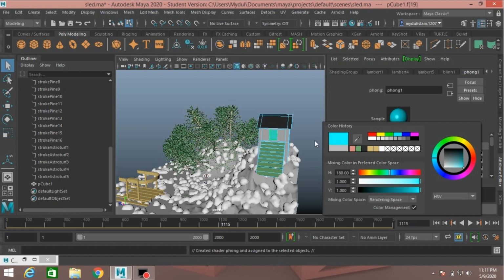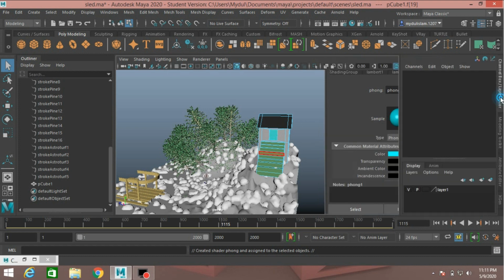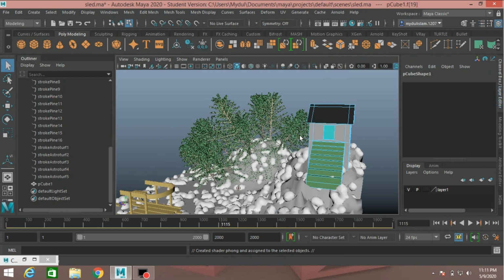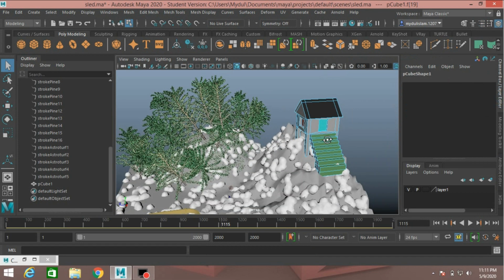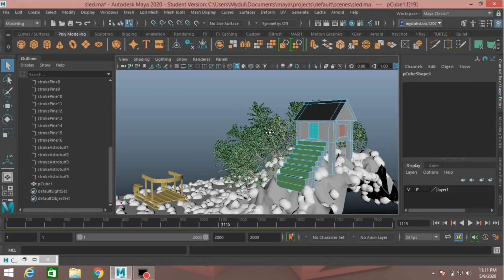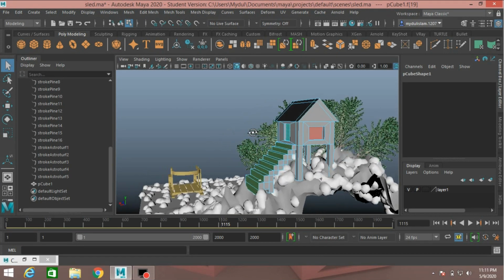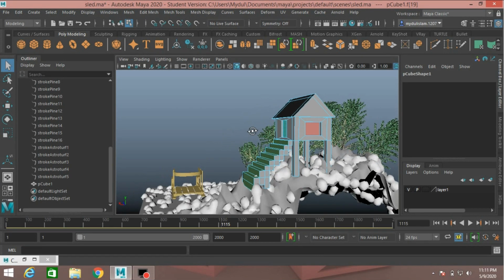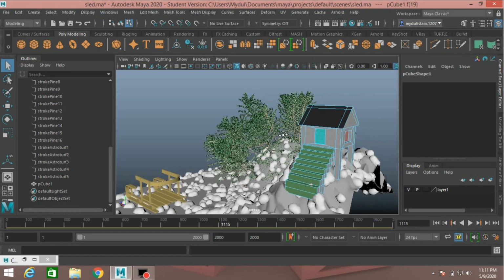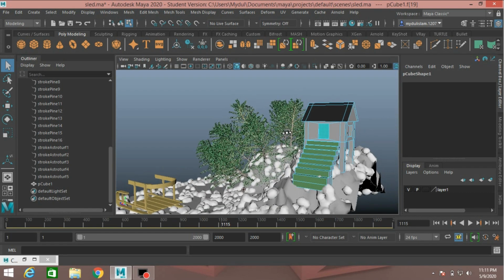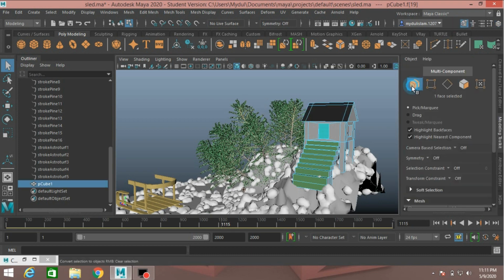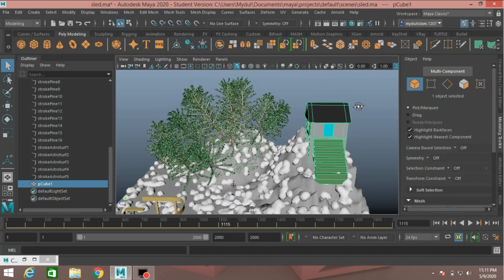I choose this. Now select the other face. Or put it just like this, object mode.